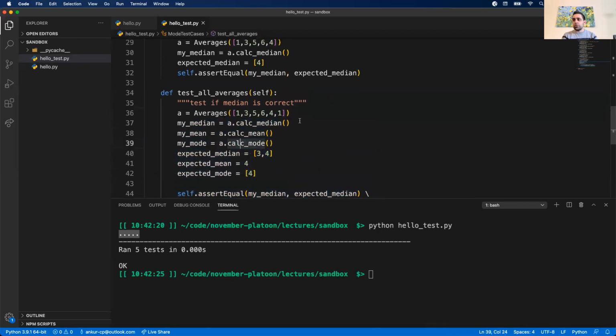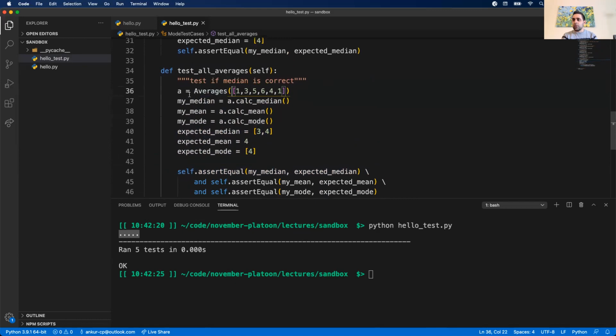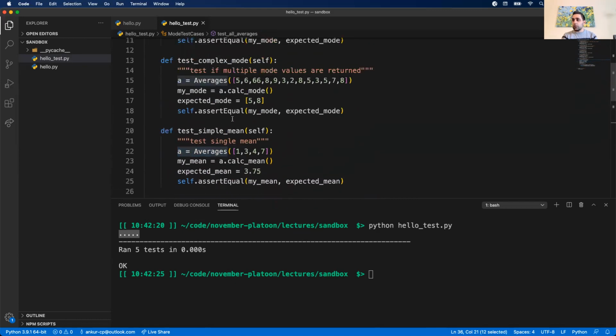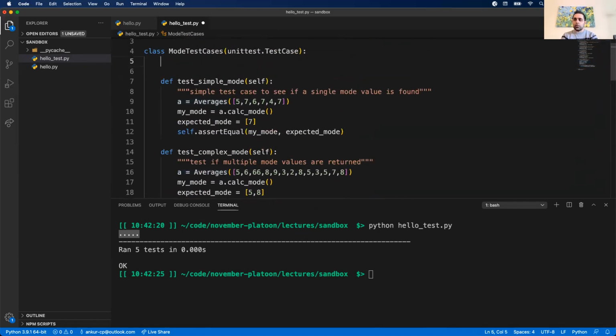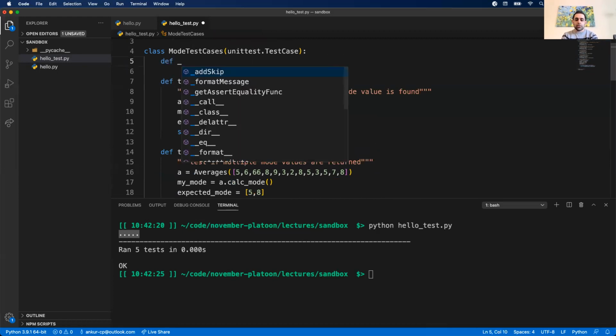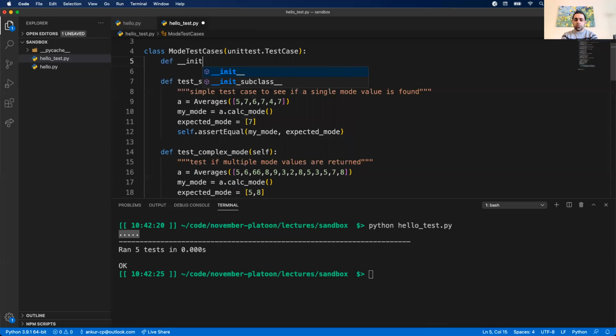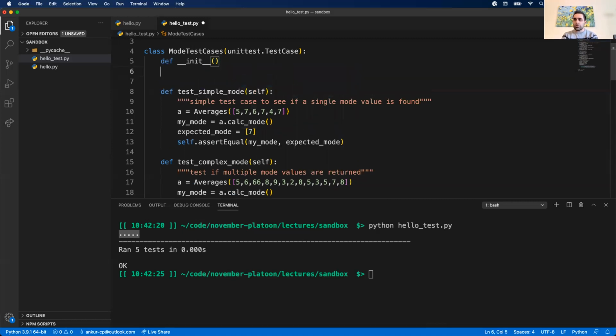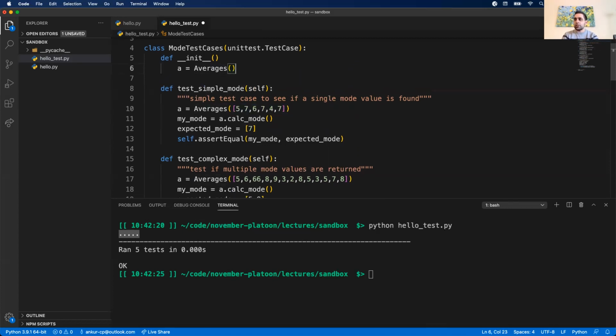But yeah, so if you did want to have separate test cases with the same data, you might want to create an averages. Again, we create an init method here if you wanted to, and then have that data passed in. Again, I'm not quite sure how this works with unit tests, but we want to just create an averages up here, and that can be used by all these methods. Right, so if I want to just use the same data for all my test cases, it might make sense to create